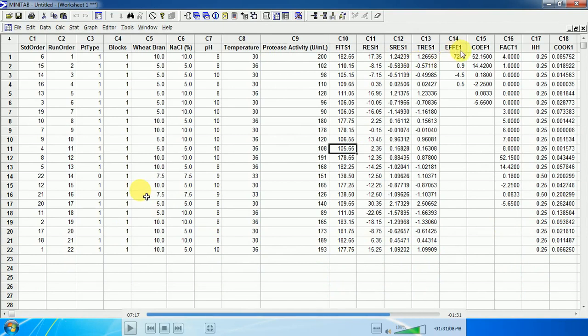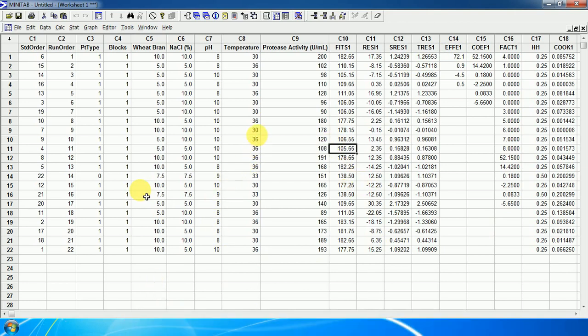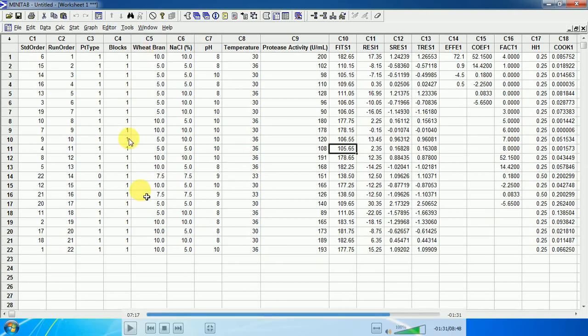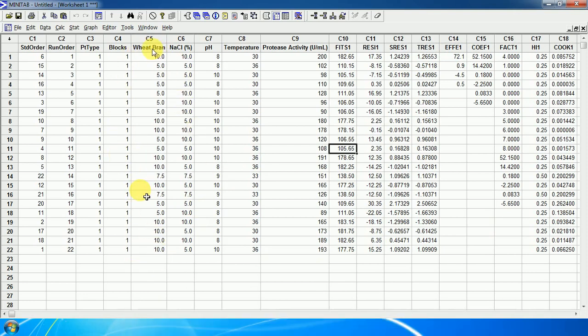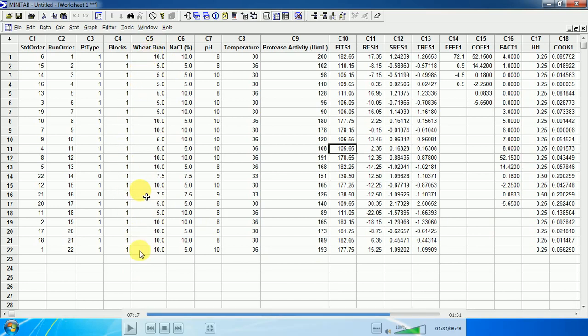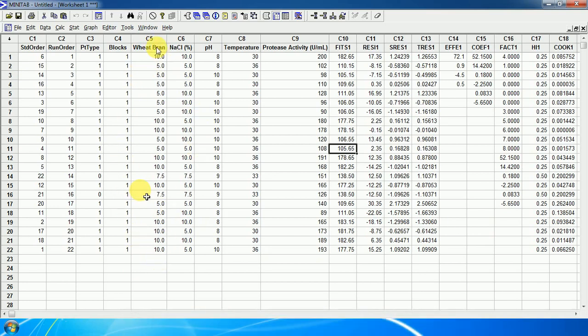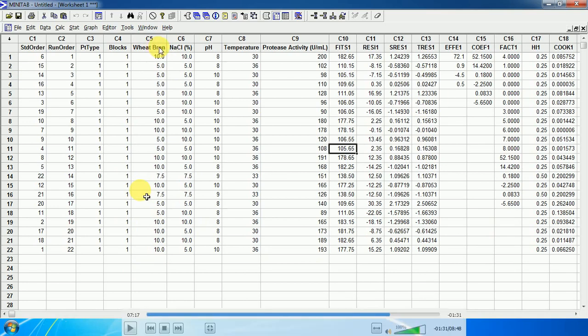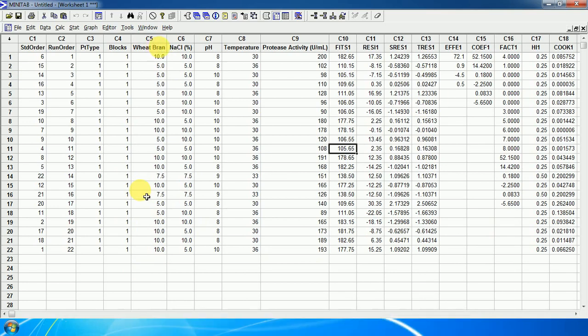These are the various statistical analyses. We can find that whenever the concentration of wheat bran is increasing, the production of protease is also increased. This can be evident from the normal plot as well as from the Pareto chart.